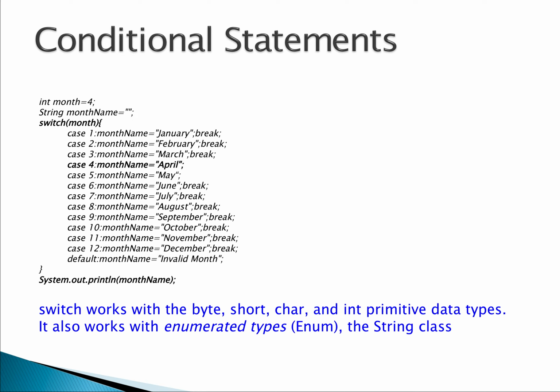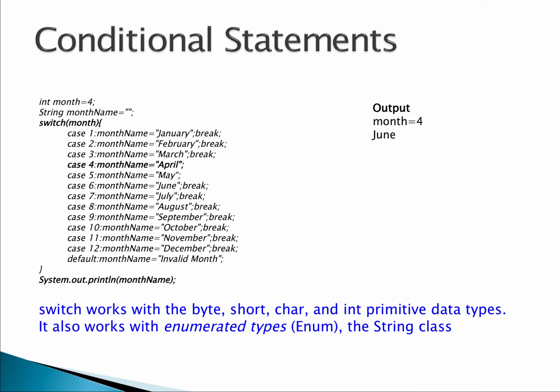So it is going to assign month name equal to April. But it is not going to come out of that switch block because we didn't have a break statement. What it's going to do is execute the remaining cases. It is going to flow through the remaining cases. That means month name equal to May will be executed, month name equal to June will be executed, and since month name equal to June is having a break, it is going to break there. So the output you will get here is June,